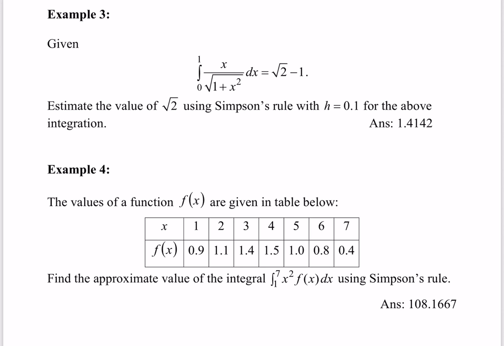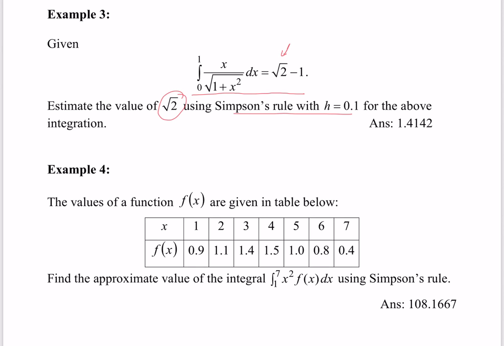But as you can see, for this example 3, the answer is given for this integration. The integration from 0 to 1 of x divided by sec(1 plus x squared) dx is equal to sec 2 minus 1. The question asks to estimate the value of sec 2 using Simpson rule with h equal to 0.1 for the above integration. From the question, we need to estimate the value of sec 2. Therefore, meaning that here,